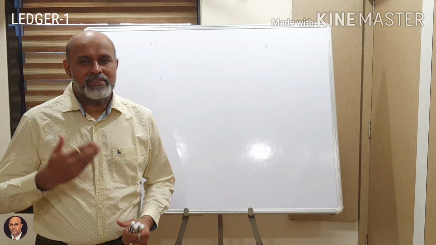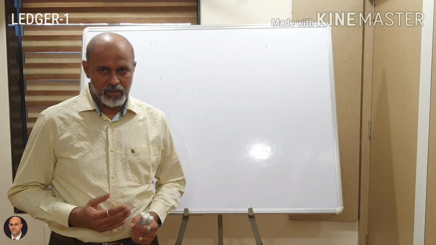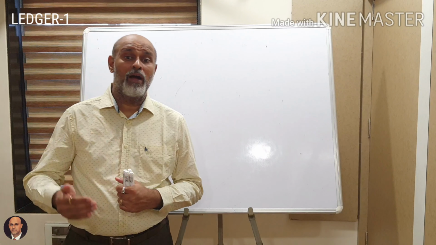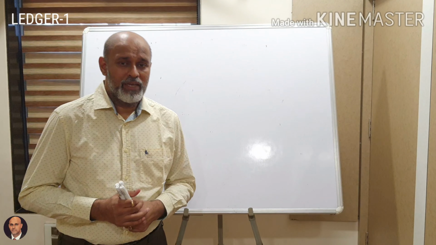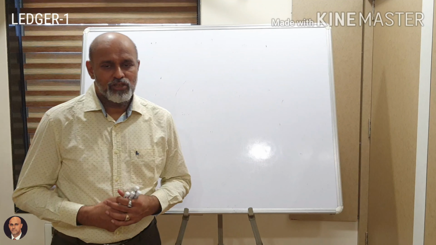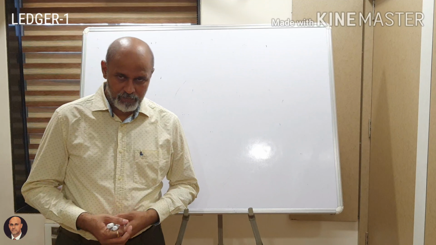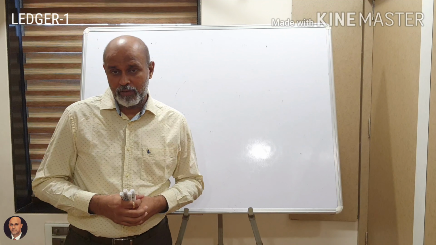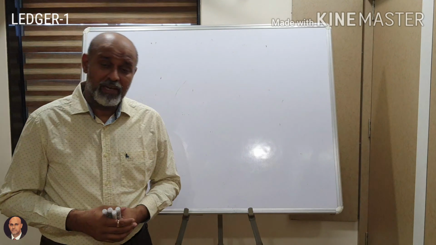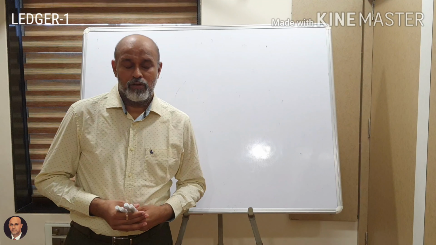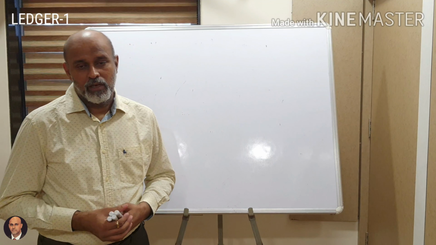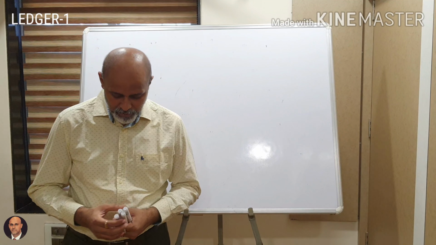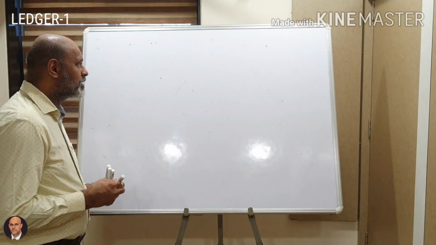Today we shall be taking a step ahead from where we last left. We finished with journal, but of course journal doesn't get completely over. You have to revisit the journal at regular intervals. I go to the next chapter, which is known as ledger, and this is a very important chapter, a very important book also, a very important account also in your accountancy of standard 11, and this ledger will follow you right till the very end. Okay, so the name of the chapter is ledger.